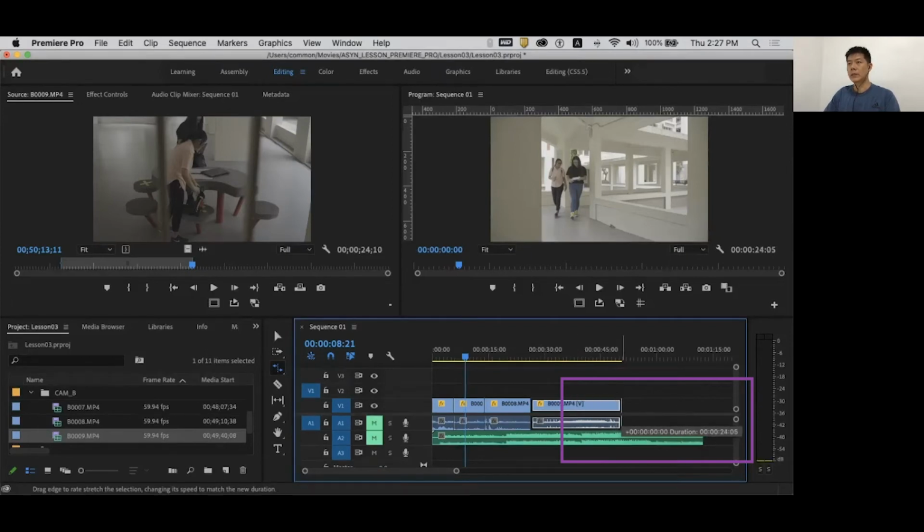The initial position is 0. The clip has 24 seconds, 0.5 frames. If I were to drag to the left, you'll notice that the duration has changed to 13 seconds and 7 frames. And if I were to let go now,